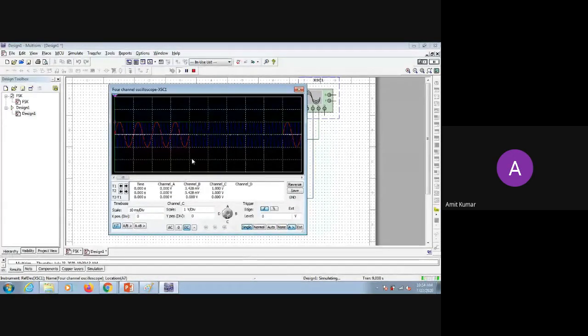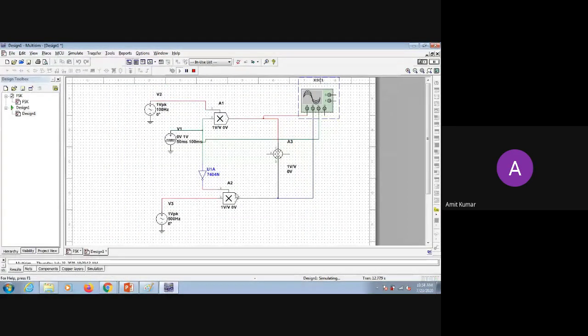So if you see the red signal, it is not available for 0, and we are having an issue with the blue signal. So we will see why there is an issue with the blue signal. The blue signal is this one. We are passing this signal through an inverter, and I think this inverter is not working properly. There is some issue with the inverter when we are working in the 13.0 version, but you will not face the problem in the 14.0 version.